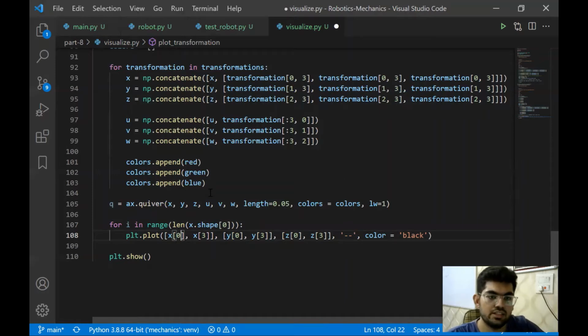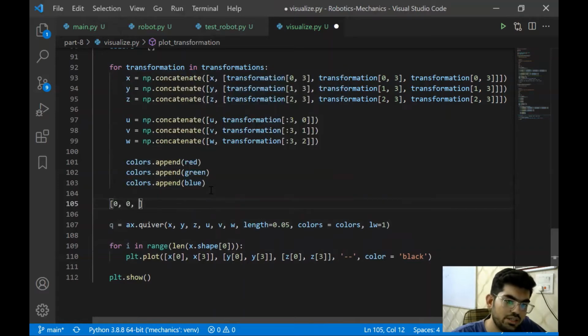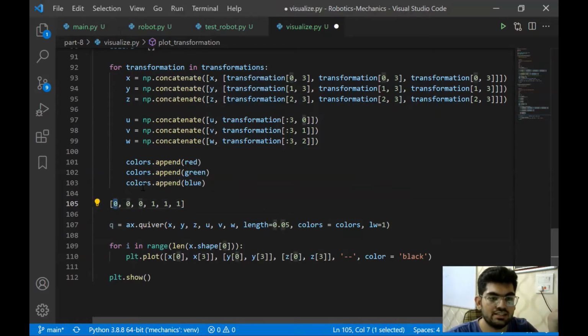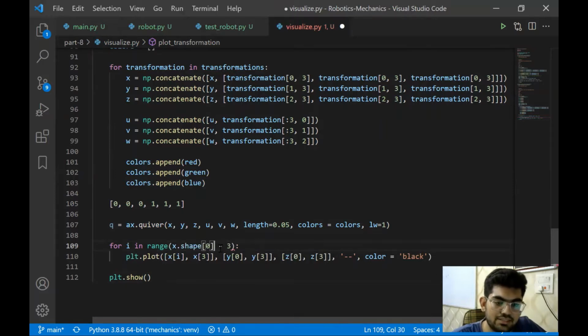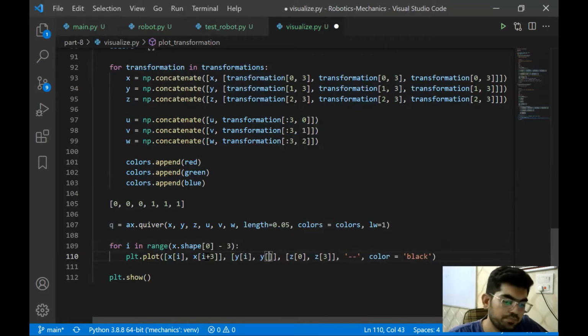For the initial frame, it's going to be something like this: the origin is going to be an array like this, and the next frame, let's suppose, is going to be something like this. So this is the X array. Now for every first one, we need to select the third one in order to make a line across them. So that's the pattern that we need to follow. And before doing that, we are also going to put -3 over here, like we don't need the full length. Right, -3, because we want to go till the end but not choose the end. We need to go till the second last and plot a line to the last. That's what we need to do. Okay, let's do this, i plus 3. And similarly for Y and Z as well.